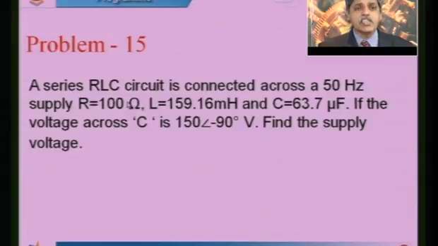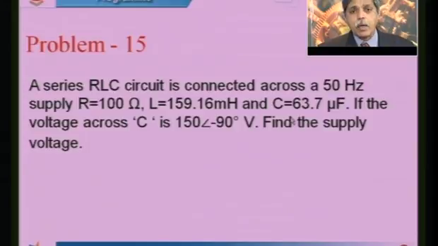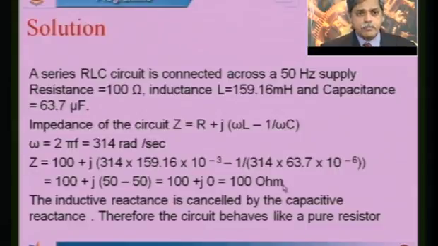Now since it is an RLC circuit, current will be the reference. Voltage across the resistance will be in phase with the current, inductive voltage will lead the current by 90 degrees, and capacitive voltage, which is 150 at an angle of minus 90, this minus sign says the voltage across the capacitor lags behind the current by 90 degrees. So one voltage is in the vertical and the other in the negative side. Those two results will be added to the voltage across VR, and that will give you the total voltage. So here I gave the solution for this circuit also.